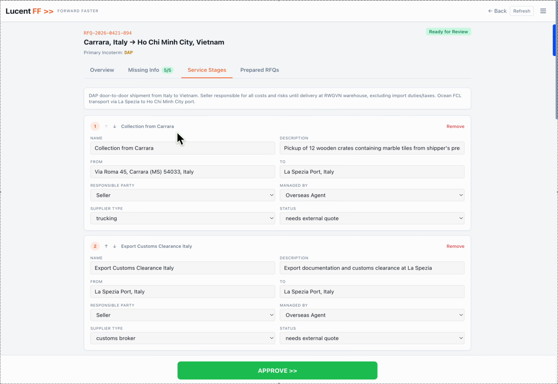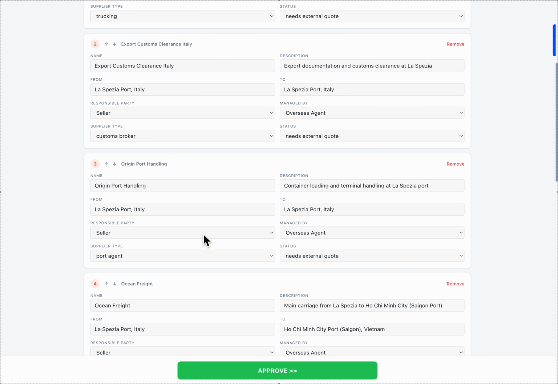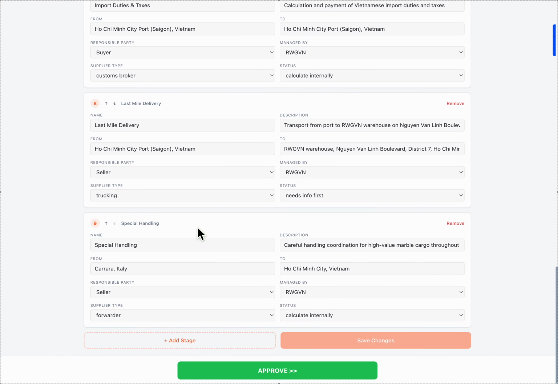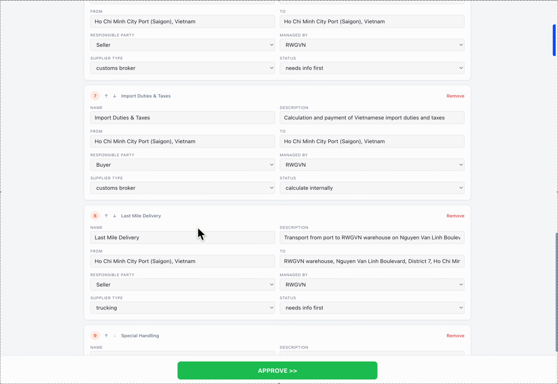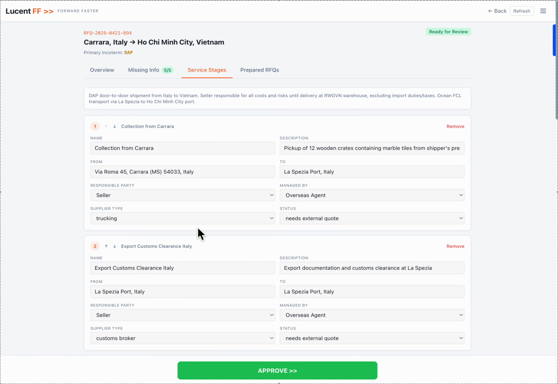stages. So we've got the collection, we've got the export customs clearance, origin port handling, etc., etc. So it's got the entire journey mapped out down there. The thing is, it doesn't have quotes in for any of these things yet, but what it has also done